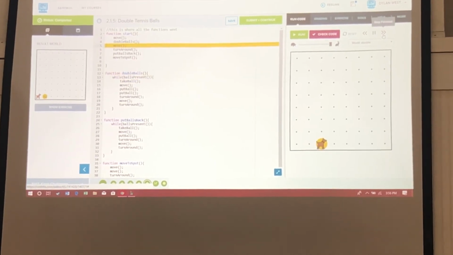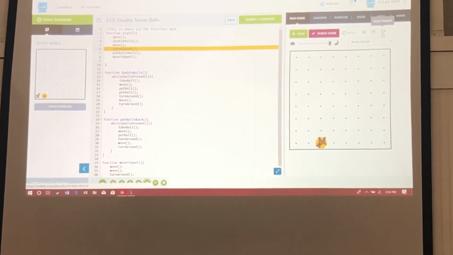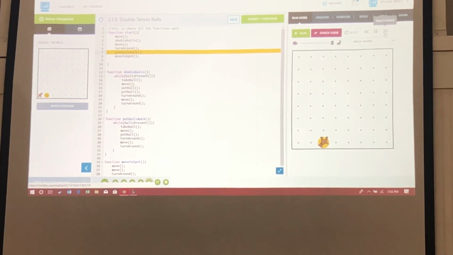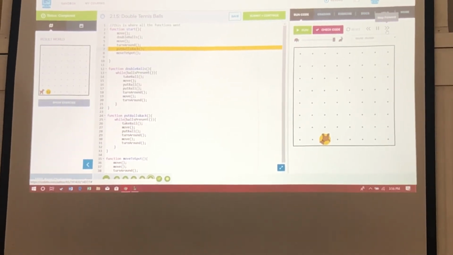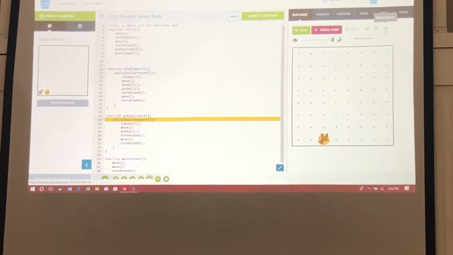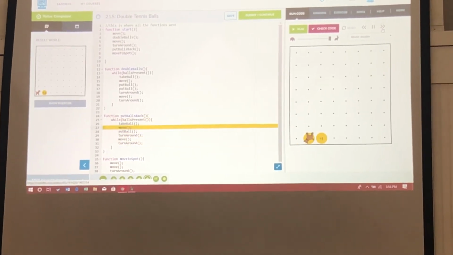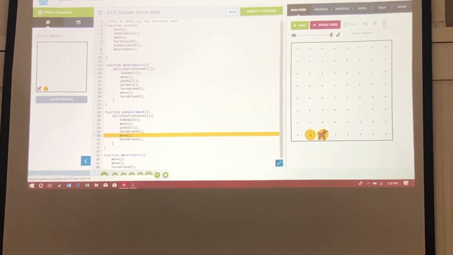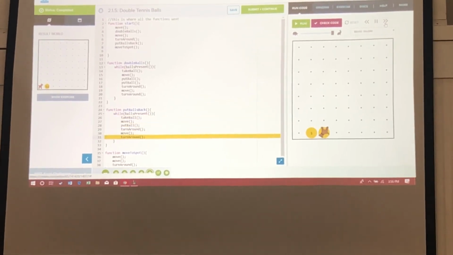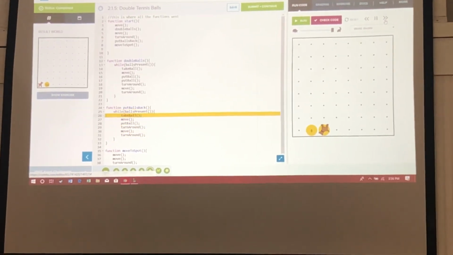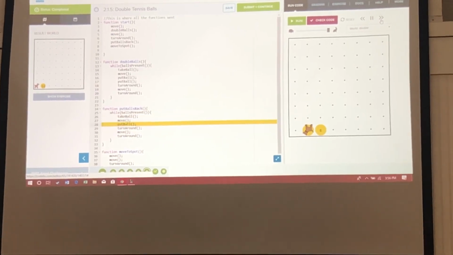Then it calls a move function, turn around, calls a put balls back function, while ball's present, take ball, move. So he keeps doing this until the balls are in their original spot, which will be required for this challenge to be completed. So he does all of this,